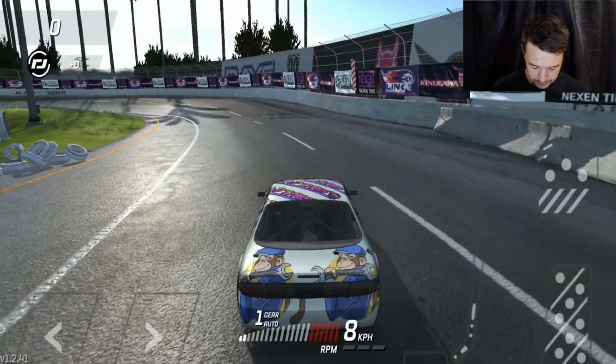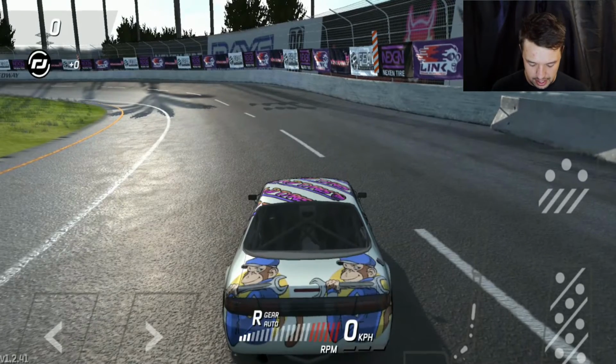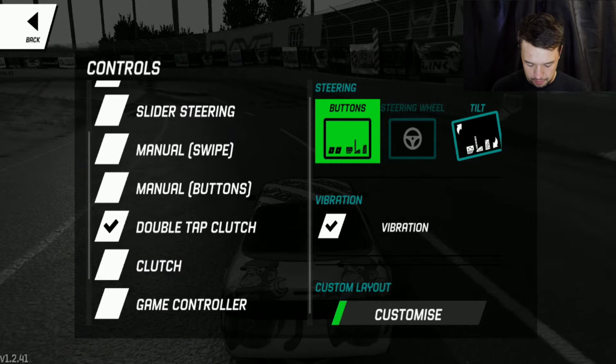Obviously, you've got your gas pedal, you've got your brake pedal, you've got your e-brake, and you've got your left and right turns. You can also do this game with tilt steering. I'll show you here quick in the controls. So you can do buttons, you can do slide steering. You can add a steering wheel, I'm guessing, to this to plug in. You can do tilt. So they obviously have made this so that way it is